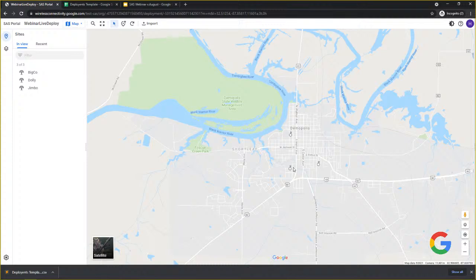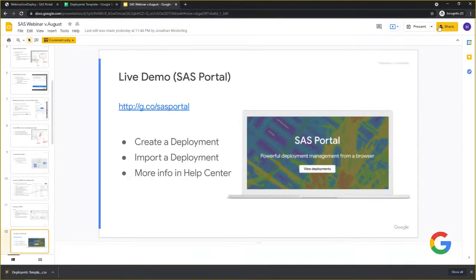And that is how it works with deployments and importing deployments into the SAS portal. New feature available to everyone, and everyone has a deployment. So I'm going to pop back into my presentation